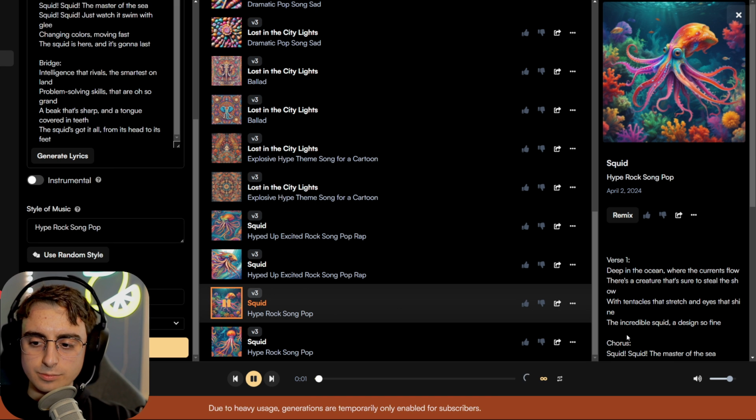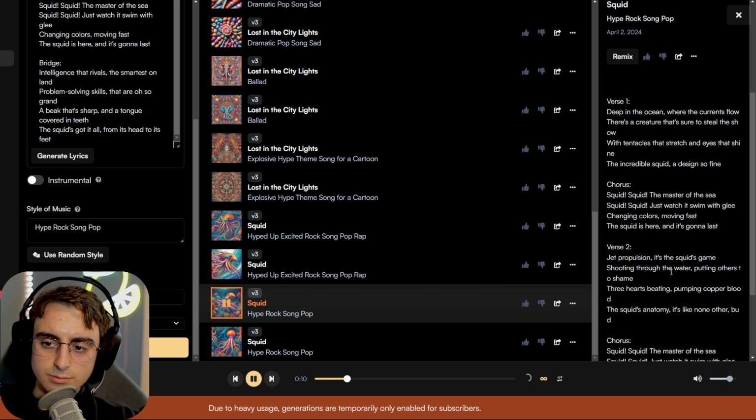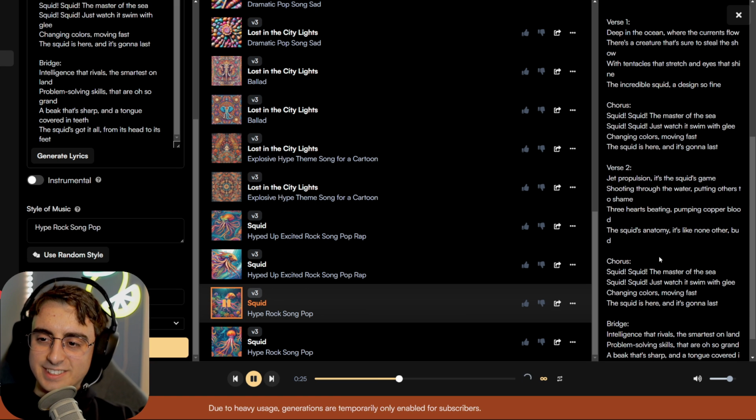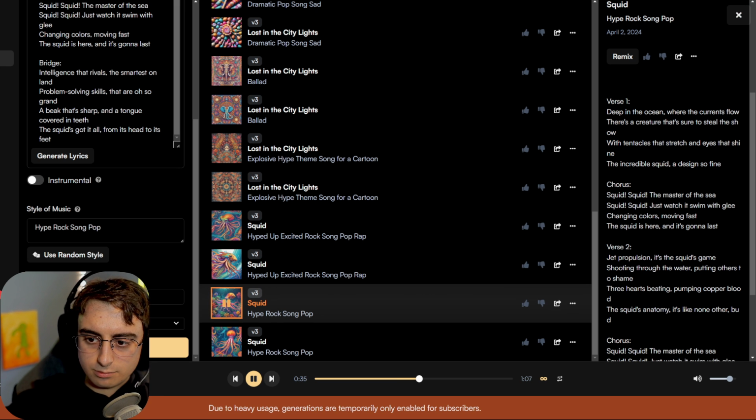Deep in the ocean where the currents flow, there's a creature that's sure to steal the show with tentacles that stretch and eyes that shine. The incredible squid, design so fine. Squid, squid, the master of the sea. Squid, just watch it swim with glee. Changing colors, moving fast. The squid is here and it's gonna last. Water, putting others to shame. Three hearts